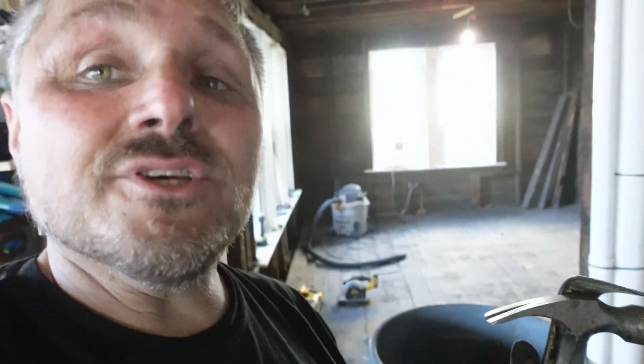The saga of the demo continues. So, I'm down to the 100-year-old floor, possibly older. It was really just an internal treat, if you will, to walk on a floor that nobody else has walked on for at least 100 years, right? So, very cool. 1870, 1920, 2023, right? So, anyway,